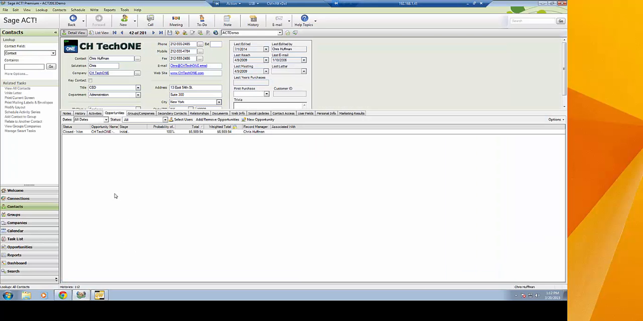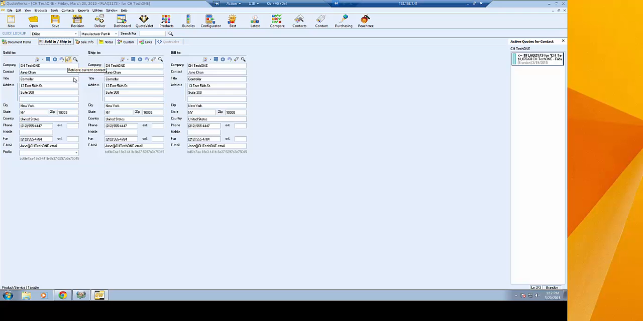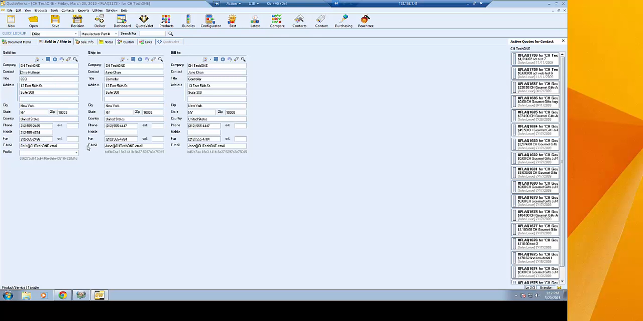And then if we go into ACT, refresh our opportunities. This is where, I forgot to mention one thing. If you pull a contact into Act automatically, you're going to pull the open contact instead of doing the search. So since I did the search, I'm going to go ahead